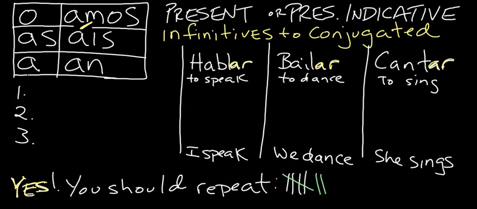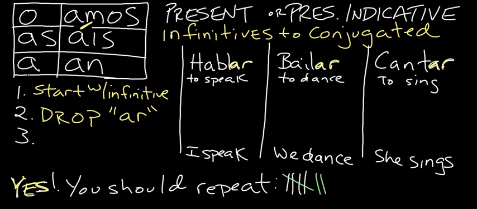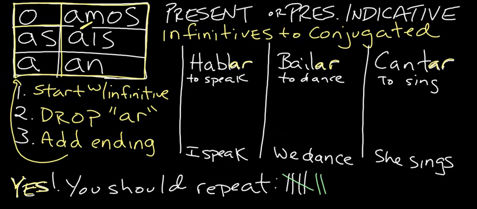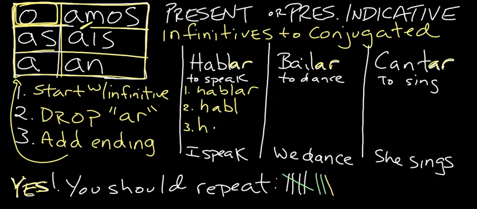Well, there's 3 steps. Step 1, we're going to start with the infinitive, right? It's just that base verb. Step 2, we want to drop off the AR, and we're left with just that stem, and we're going to add our ending. Well, what is our ending? You know, up there: o, as, a, amos, áis, an. And when we do that, it's going to change from an infinitive to a conjugated verb. So let's look at this first one. We're going to take hablar, and then we're going to take off the AR, and if we want to be in the I and say I speak or I do speak, that's box 1. So we're going to take that O, and we're going to add it on there, and we have hablo.